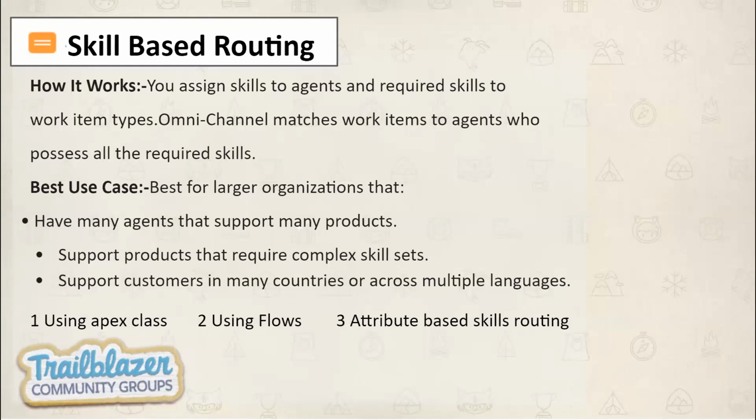And if you create multiple queues, sometimes those queues depend on the routing priority. So you cannot assign one to each routing priority. If you already assigned one to the first routing configuration, then you have to assign another to the second. You cannot assign the same one to the second routing configuration. So it just makes your Service Cloud routing configuration complex. That's why, to solve this issue, if the company has more product bundles or a variety of products, then they need something else.